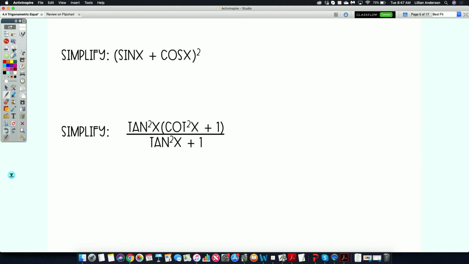Let's take a look at these first two. It's asking you to simplify sine x plus cosine x, quantity squared. How would I simplify this? You would have to FOIL it. Remember, the square means that you're going to multiply it by itself, so that's sine x plus cosine x times sine x plus cosine x. So when you FOIL, that becomes